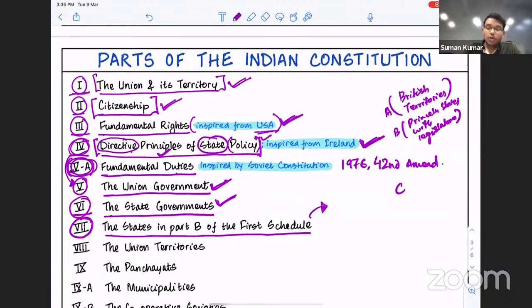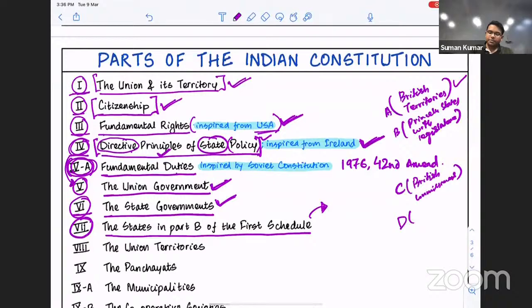We had a part C, which is called British Chief Commissioner territories. These were small cities which were too small to be called a kingdom, and at the same time they were also not a British territory. They were under someone who was called a commissioner, because if it is a British territory, it would have been under a governor. Like in history, there used to be a governor of the presidency of Bombay, of Madras, of Bengal, and so forth. So these are British territories. However, small towns like Awadh, small towns like Indore, were too small to be a kingdom, but they were directly under a British commissioner. They were being ruled. So you had part C, which is territories of the British commissioners,